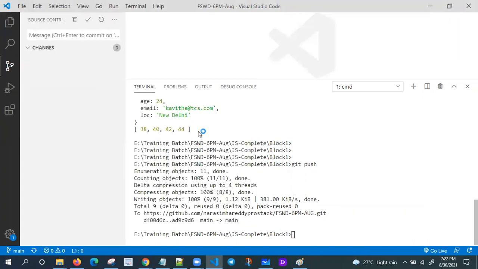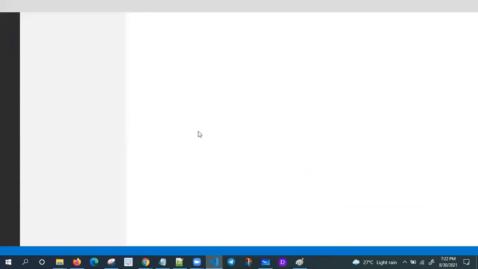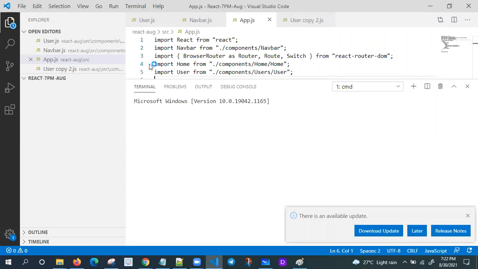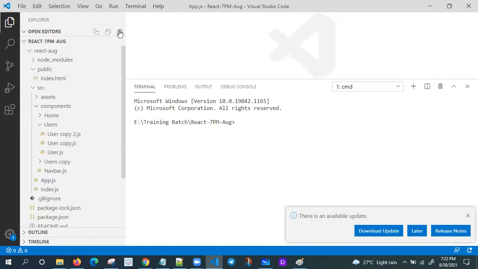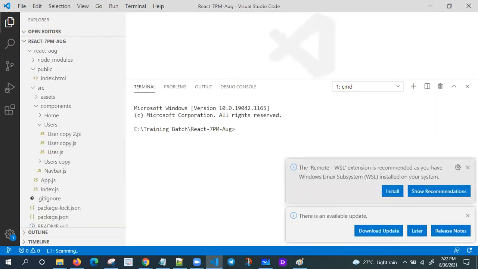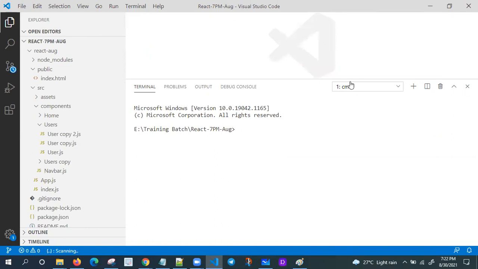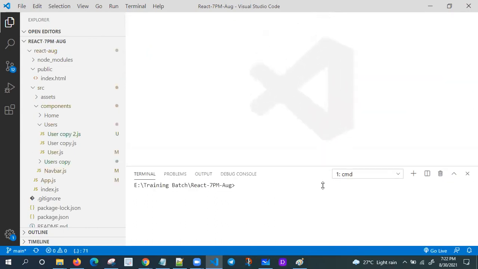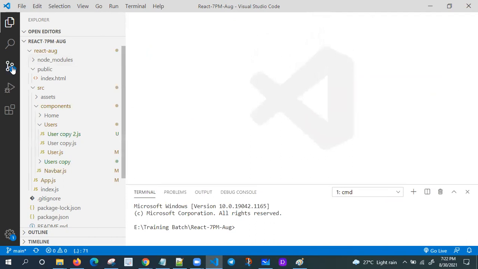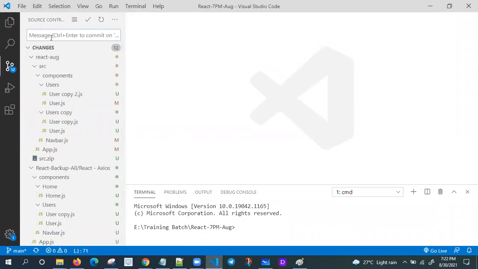7 p.m., right? So you can try this example. You are going to become an expert in any one of these in React now. Maybe it will take a minimum of 2 sessions to complete. Anyway, today we'll complete. At the end of the day, it will take me 1.5 hours to complete all these things. React, right? I think yesterday I forgot to push also.